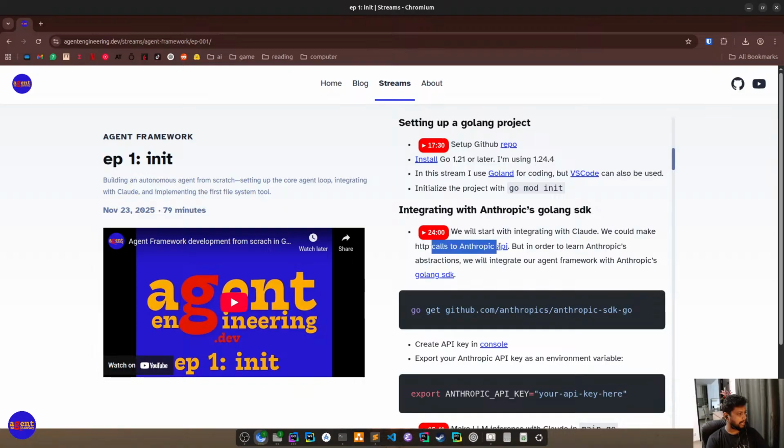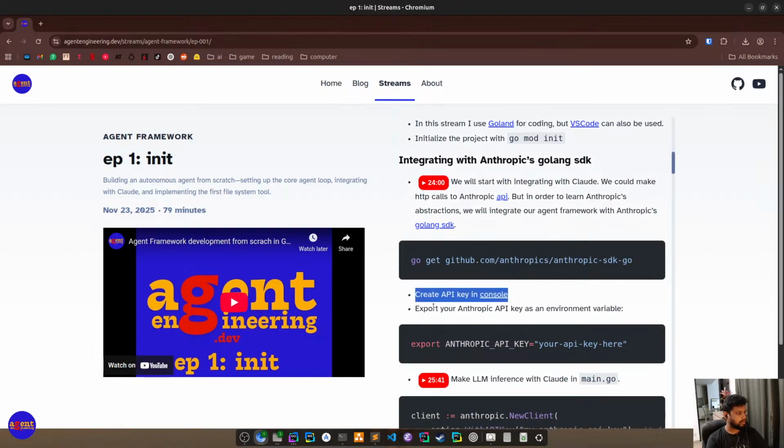Instead of directly integrating with the Claude API via HTTP, we decided to use the Claude Golang SDK, and we want to learn what abstractions they have built to make it easy to call the API, so that we can see how we translate them to a generic set of abstractions with which we can call both OpenAI's and Gemini's models.